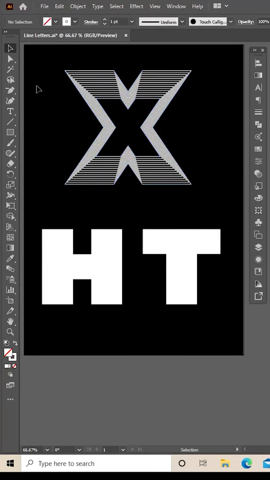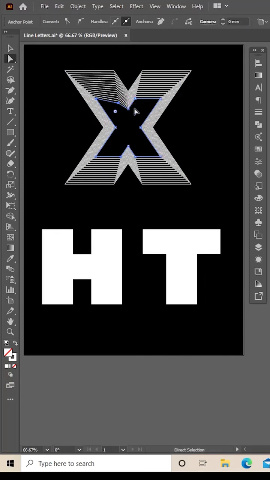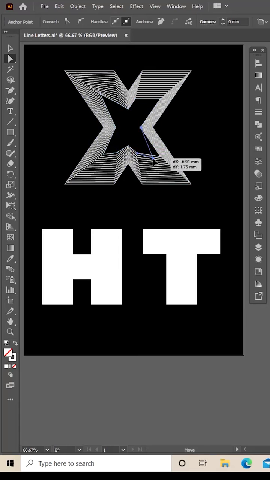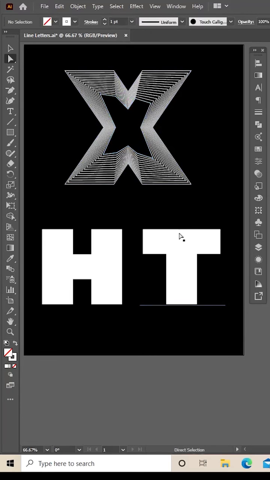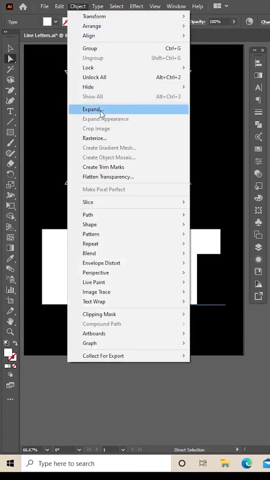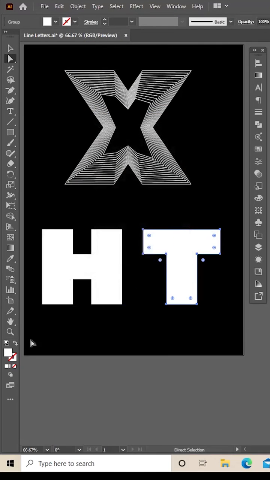Then once you're happy, choose your direct selection tool. Then you can grab one of these little corners on the inside and then just move them around to get a pretty cool effect, and then just keep doing that until you're happy. And I think I'm happy like that. Then you can do the same thing with your other ones, so expand them and change